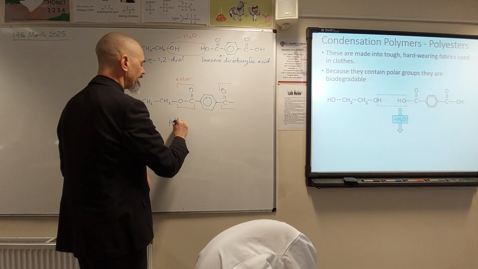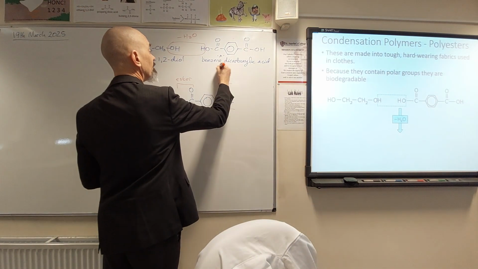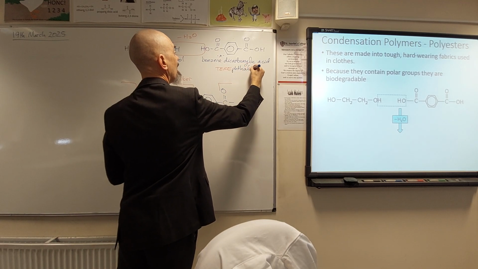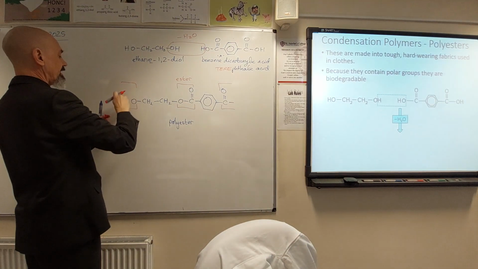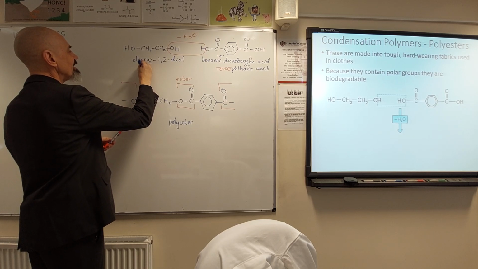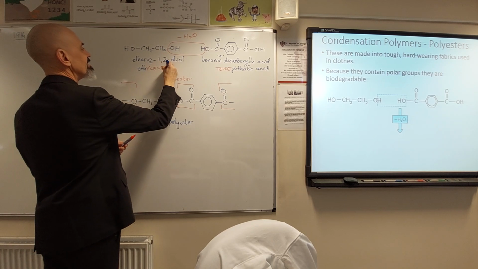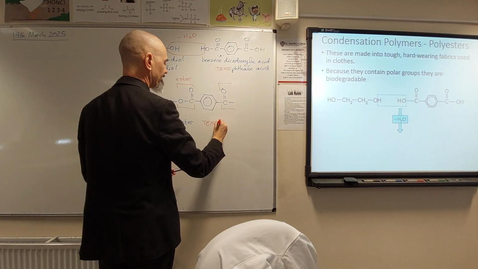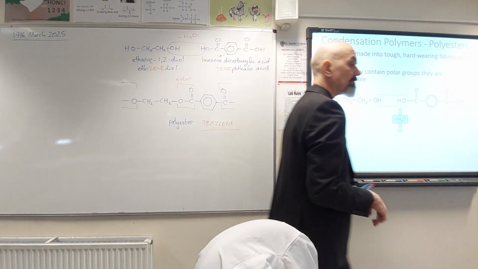The name of this polyester, well, if I told you that this used to be called terephthalic acid, and this used to be called, just trying to work out my pens, ethylene diol, then you might be able to work out that used to be called terylene, sometimes called dacron as well. So dacron,